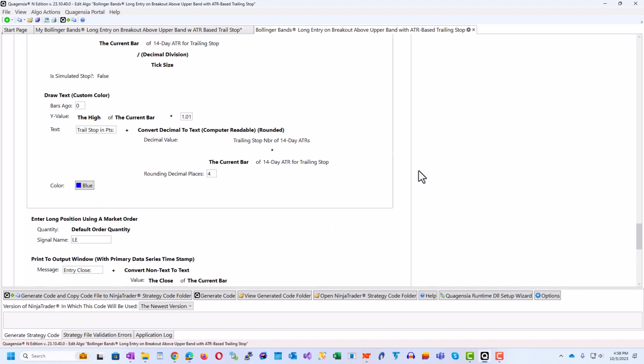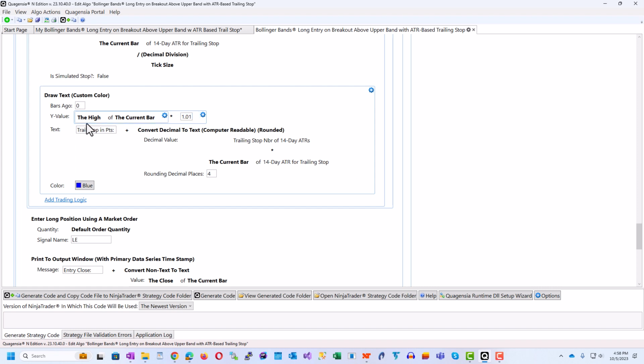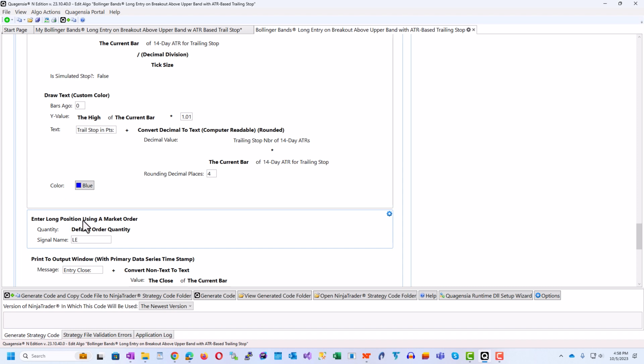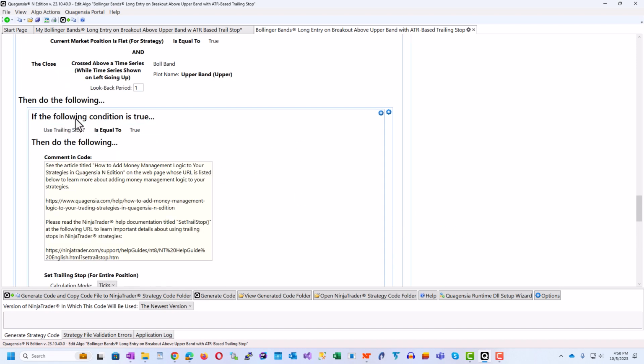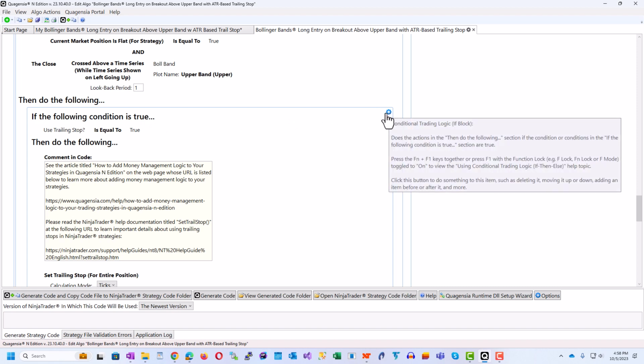And then we're going to draw some text on the chart on the entry bar 1% above the high of the entry bar that will say trail stop in points, and then it will show the number of points for the trailing stop. And then here's the enter long position using a market order. We don't want to copy that. We already have one of those. So let's go ahead and go back up to if the following condition is true. Okay, so let's go ahead and copy and paste this entire